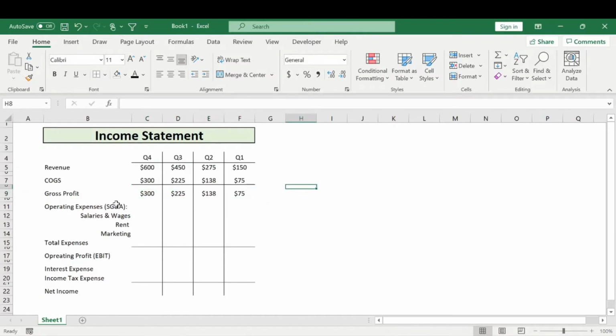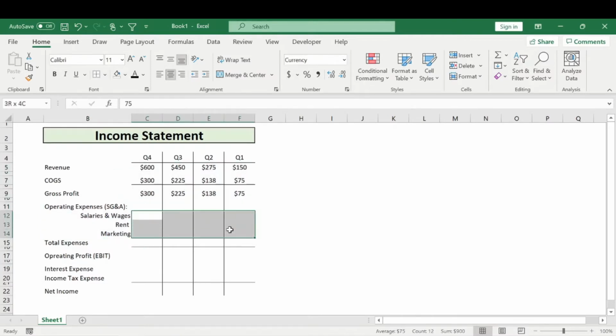All right, so then we get into our operating expenses, or commonly known as SG&A, or sales, general, and administrative. And those things can include things like salaries and wages, rent, and marketing expenses. So essentially, these are fixed costs that must be paid regardless of how many sales we have or how much